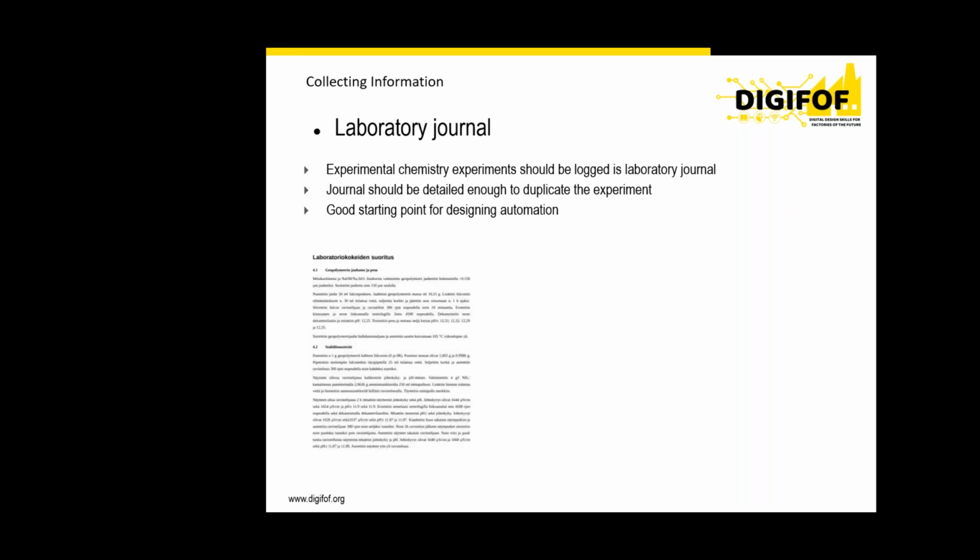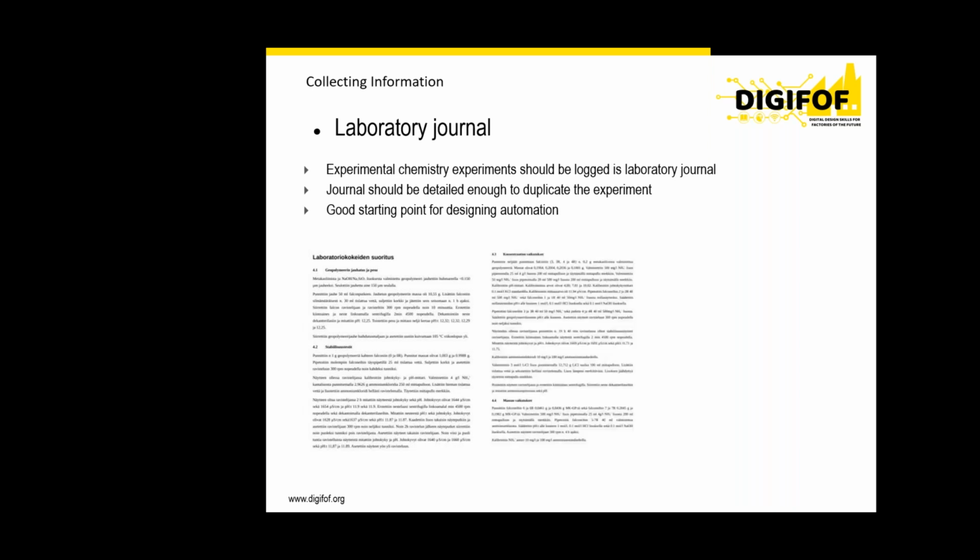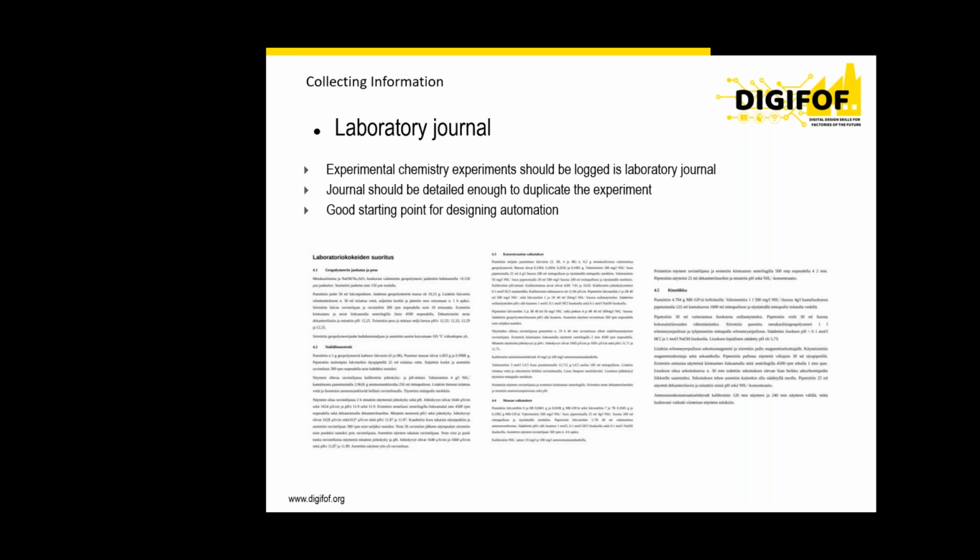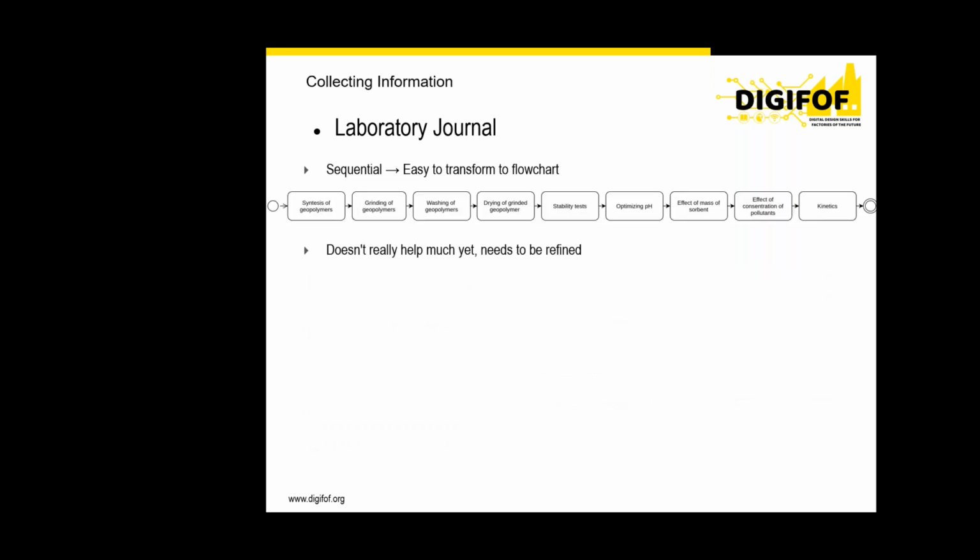My apologies, this laboratory journal is in Finnish, but you can see that it has quite detailed information about the steps. A human chemist can easily follow these, but it is not so straightforward to make this a robotic exercise. When we start, we can see it's sequential,